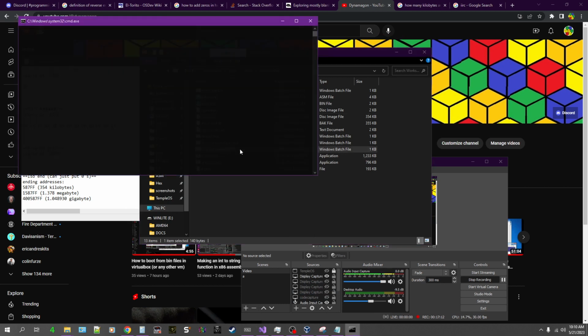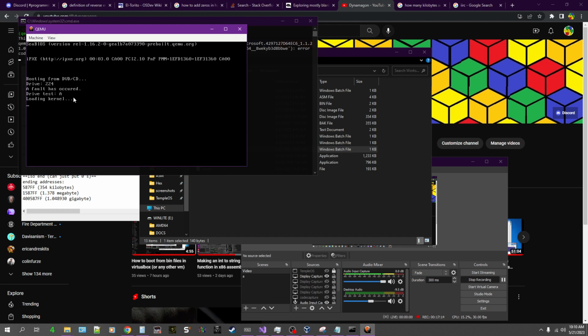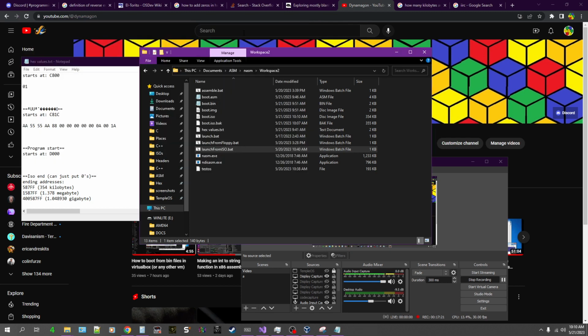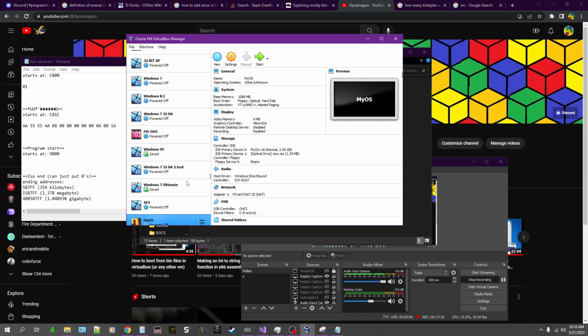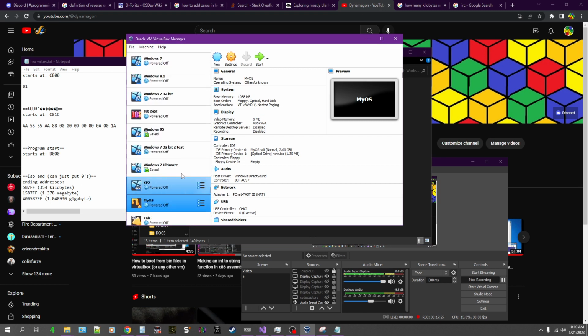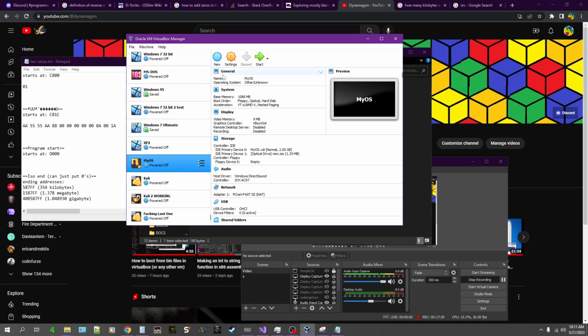So let's just launch from QEMU. And as you can see, look at that. It launches perfectly. Drive 224. So there we go. We did an ISO from scratch. That's really cool. But let's first of all, before we end the video, do the big test of